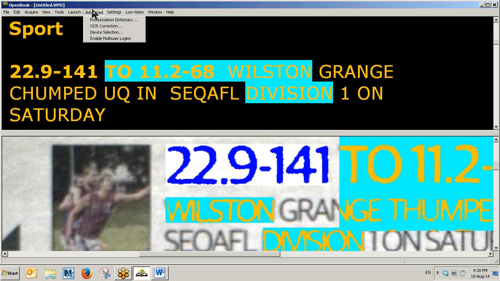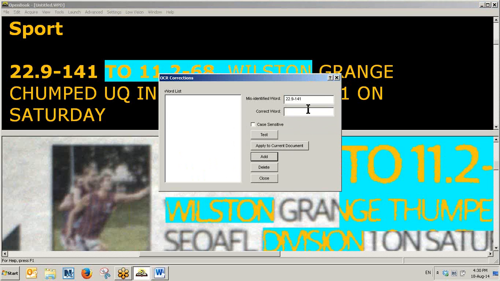Advanced. I'm going to move on now to the pronunciation and OCR correction. I'm just going to mention OCR correction first. There are many mistakes that commonly happen with OCR,